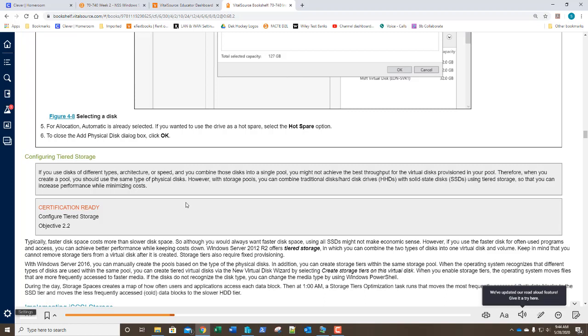Now we can also have tiered storage. If you use different types, different architecture of disks, different types of speed, and you combine those into a single pool, you may not get the best throughput because you got a lot of different things going on there. So remember that when you create this pool, you should be using the same type of physical disk. So they should all be SATA, they should all be SCSI, whatever they may be. They should all be SSDs. However you're going to do it, make sure that the pool you create uses the same